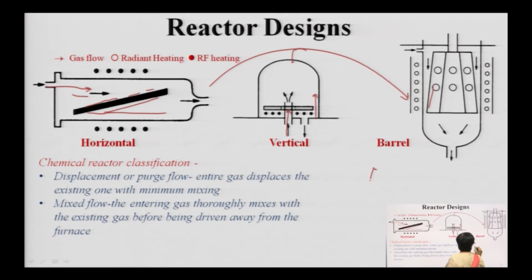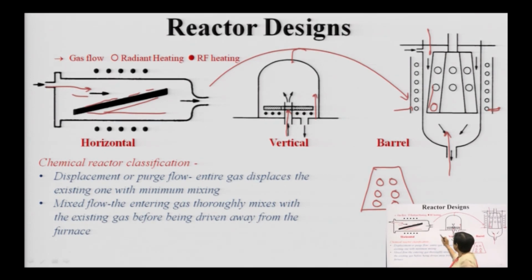You have a holder which has grooves on it, and within these grooves your wafers are placed. Again, it is a modification of the horizontal reactor, where multiple wafers are positioned onto the barrel for batch processing, and uniform growth is ensured on the wafers. These are the RF heaters which are introduced, and the gas will be introduced either from the top or from the bottom, and this is how laminar flow will be ensured and the deposition will happen onto the wafers.